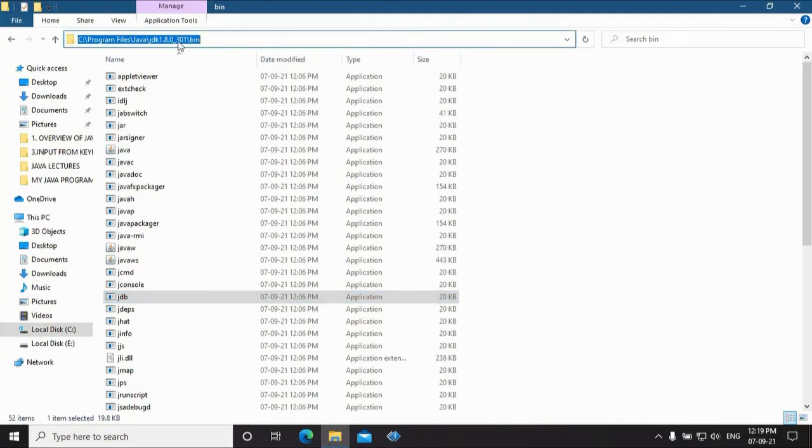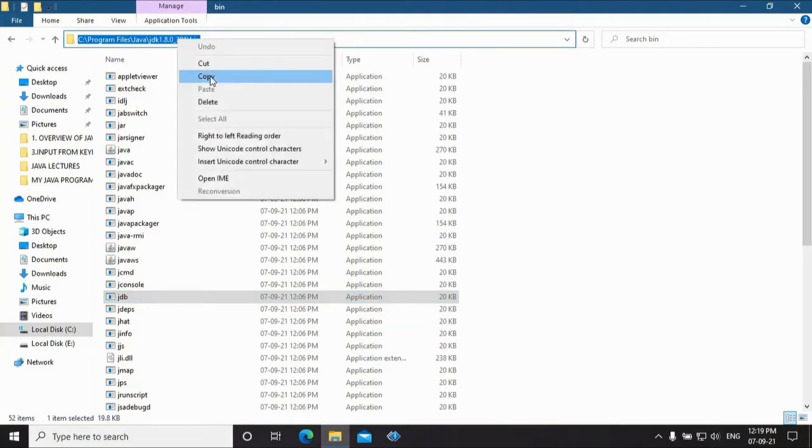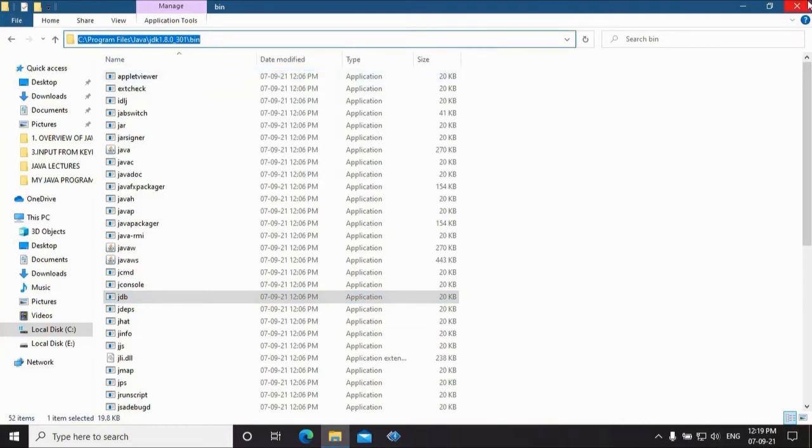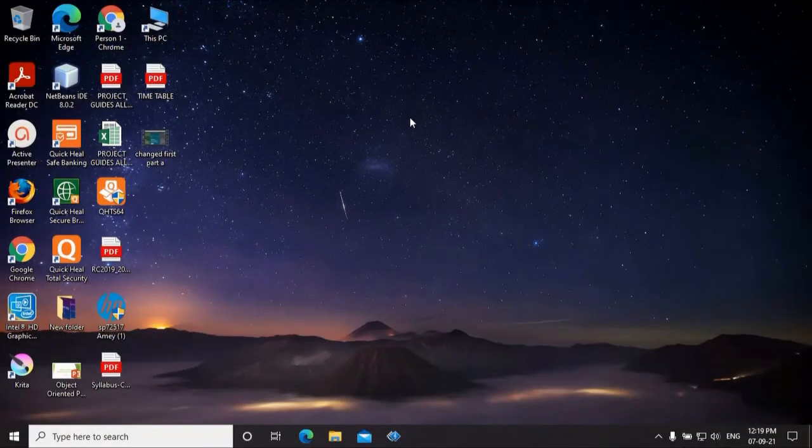So what we'll do is we'll copy this path. Now, the Java program that we are going to run, we are going to write in Notepad and run through the command prompt. So how will my operating system know, when I give a command to compile a Java program, where is the location of my Java compiler, where is the location of my Java interpreter? So for that, what you can do is,